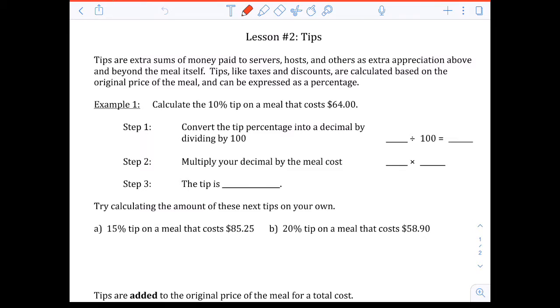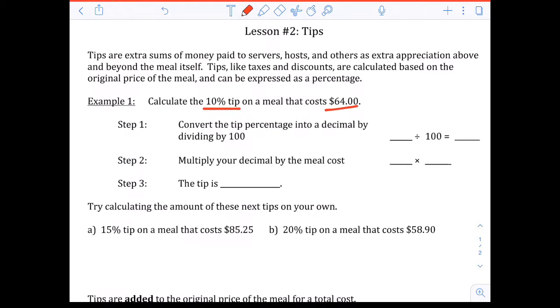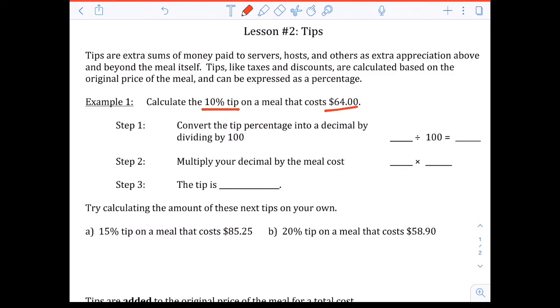So we want to calculate a 10% tip on a meal that costs $64. So you went out with your friends or your family and the bill was $64 and you thought that you wanted to leave a 10% tip, which usually about 15% is normal, but 10% is fine if you want. But what we're going to do is calculate how much the tip is that the person will get. So we know that we can convert that to a decimal, same as before, by dividing by 100